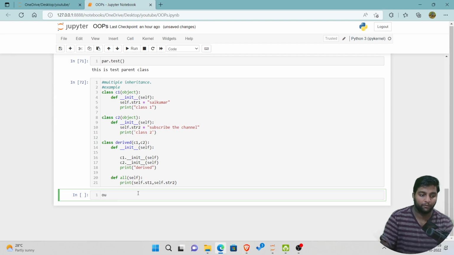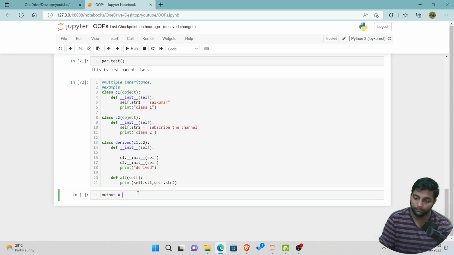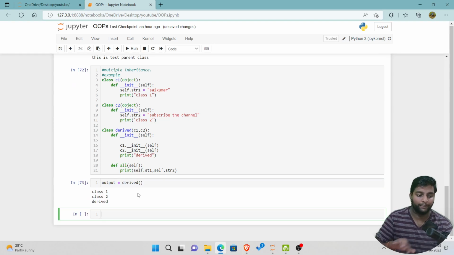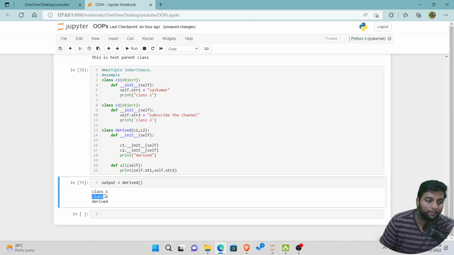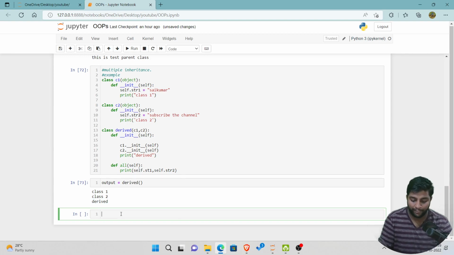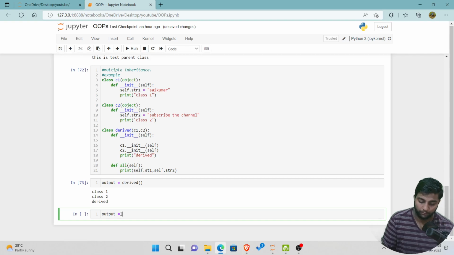So let me give output equals to derived. Let me execute this. When I give output equals to derived, it is giving me that it contains class 1, class 2 and derived. So these two properties are inherited and formed as a derived class. Now if I again give output equals to all, and if I close this and run,